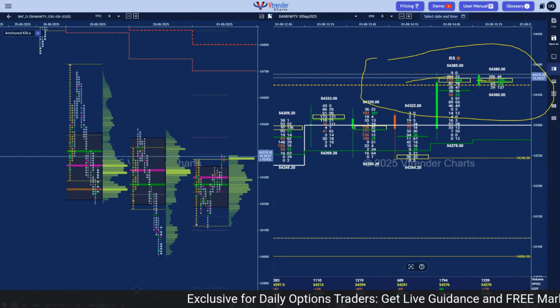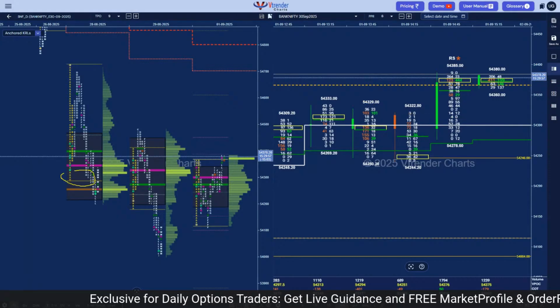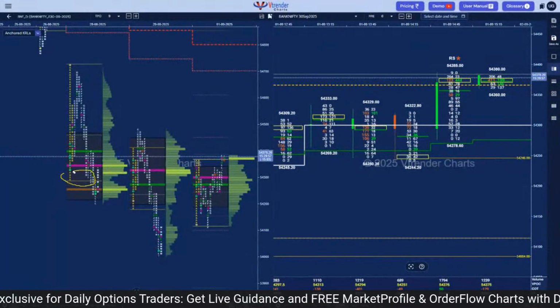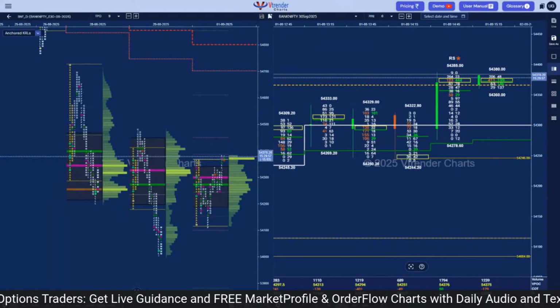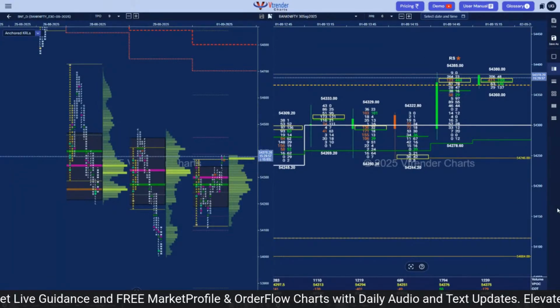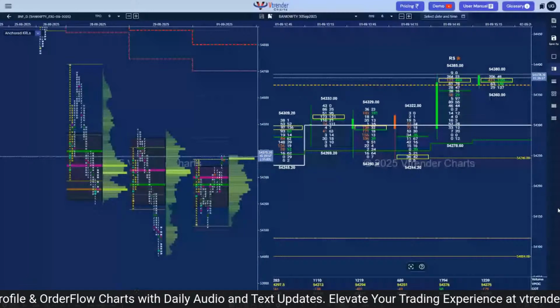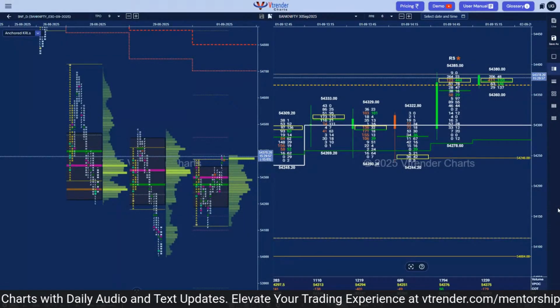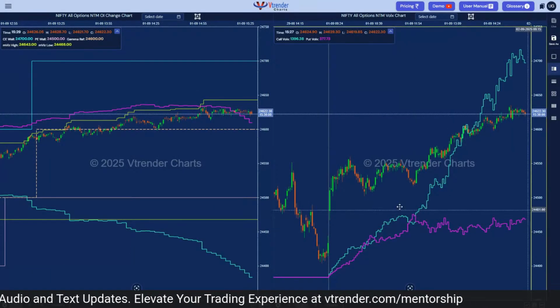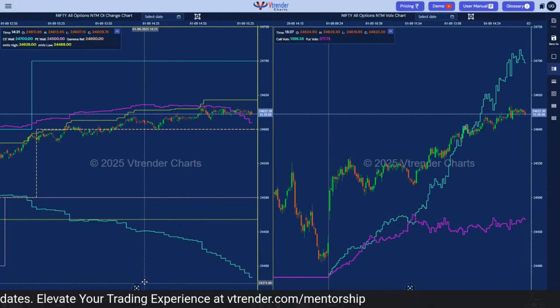So let's now move on to the option universe and see how we track them. We have already had multiple webinars on that, and we have discussed how we can use the two window mode to look at what the option inventory is doing. So let me just have a combination of the two window modes.